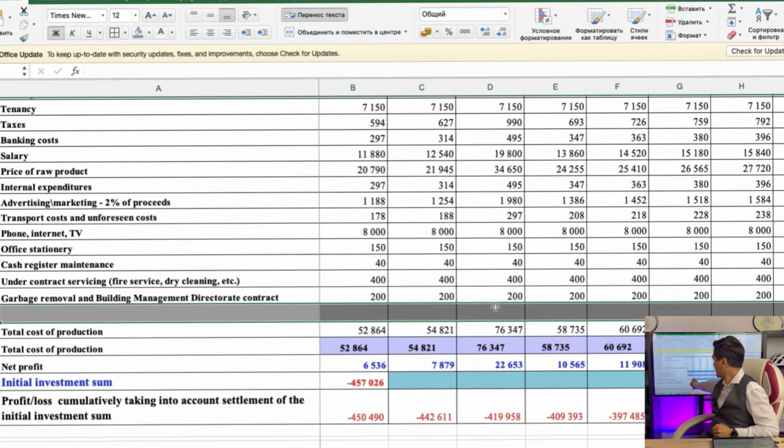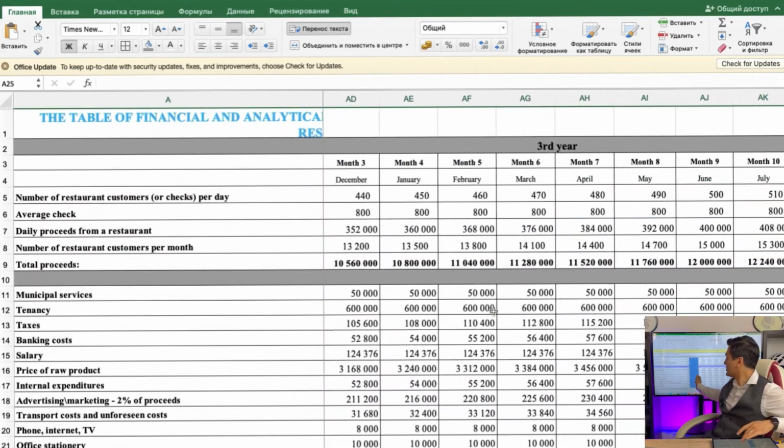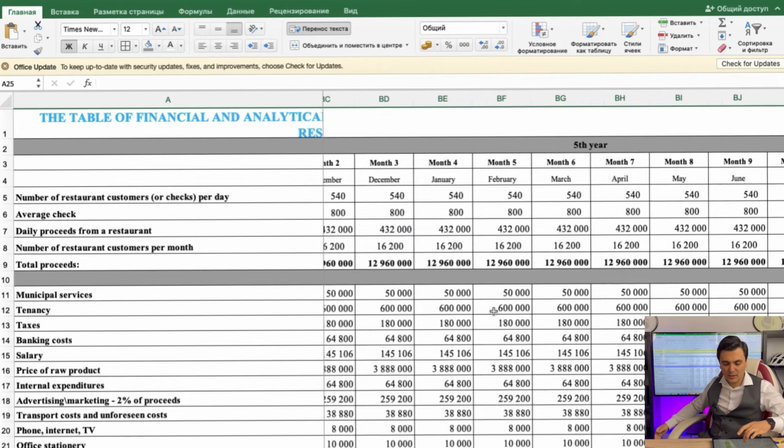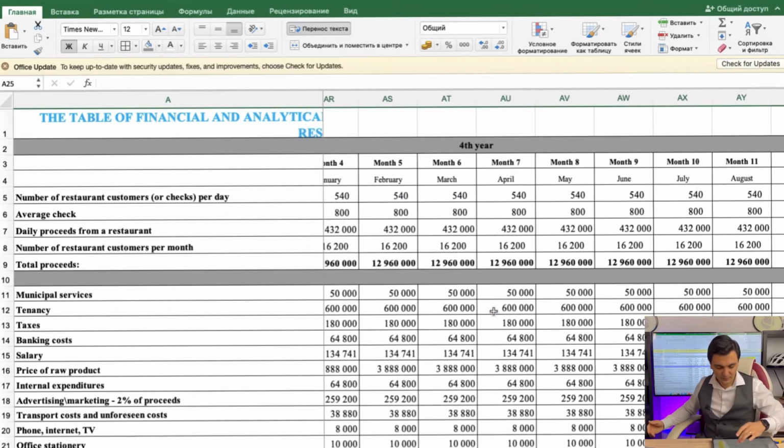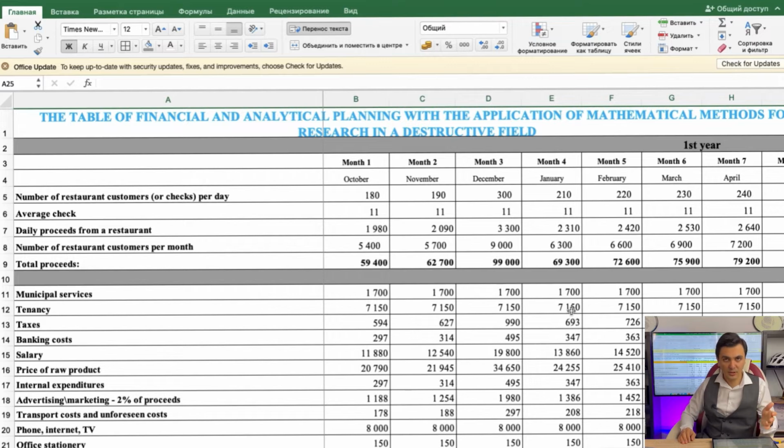That's the amount of money that we've invested. The lowest row shows when we recoup this project. We make such estimations for 1 year, 2 years, 3, 4, 5, for as many numbers of years as you please. And how do we do it? Here, have a look. We understand that if we make 180 checks all the time, our project will be simply